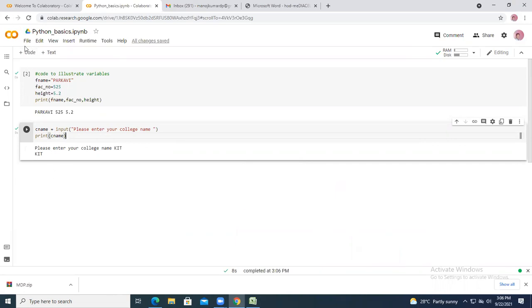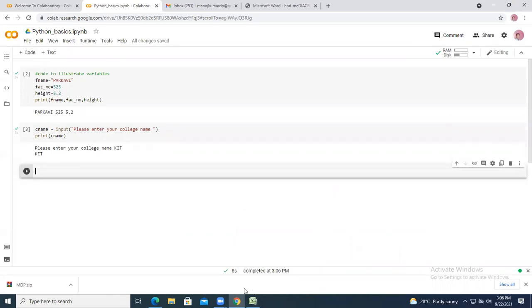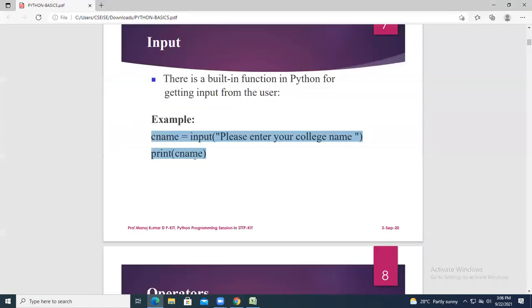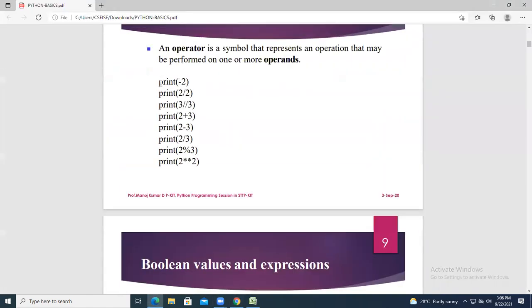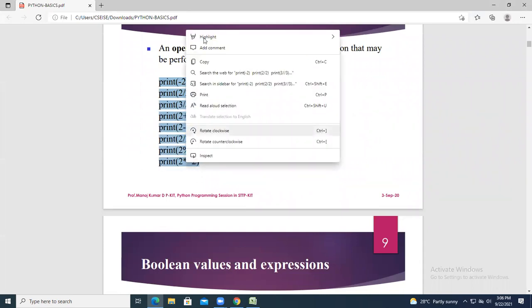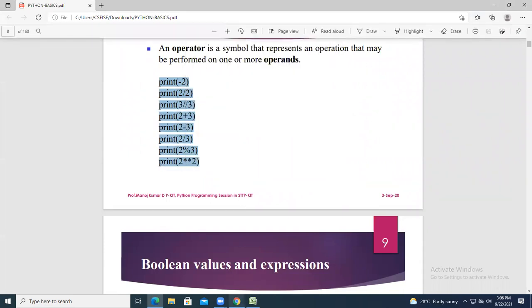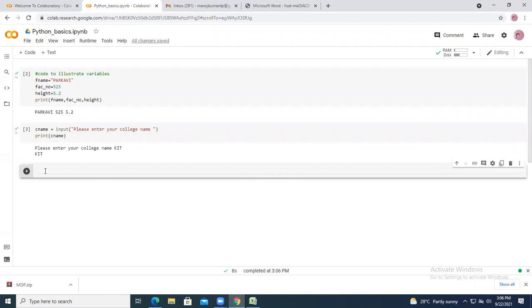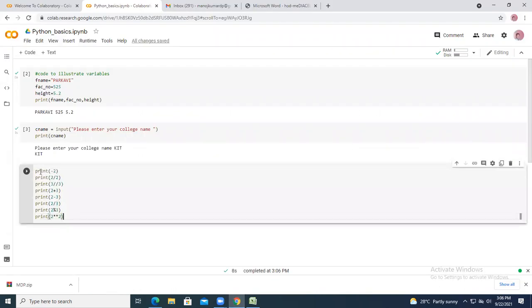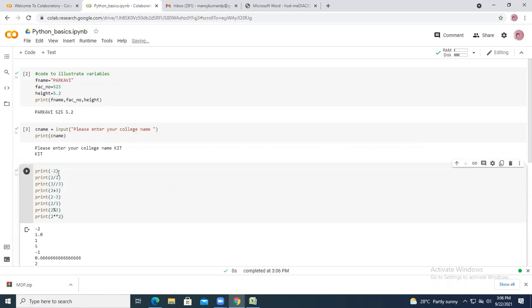After this, take a new code cell and take the next program. Go with copy, come here, paste this and press print.